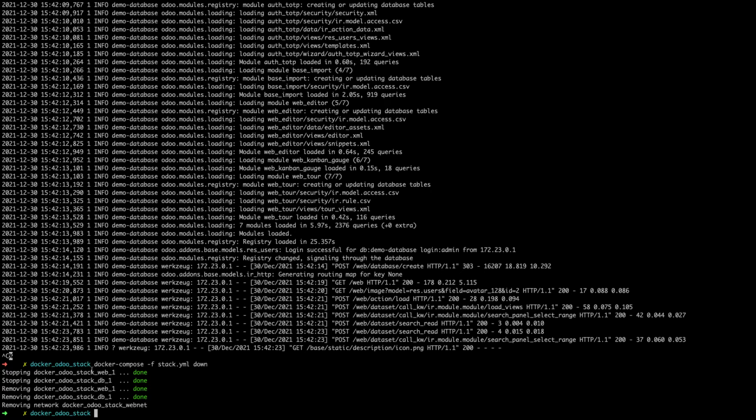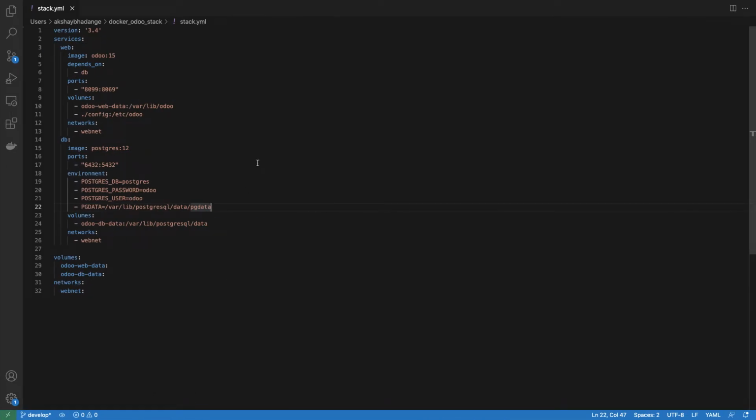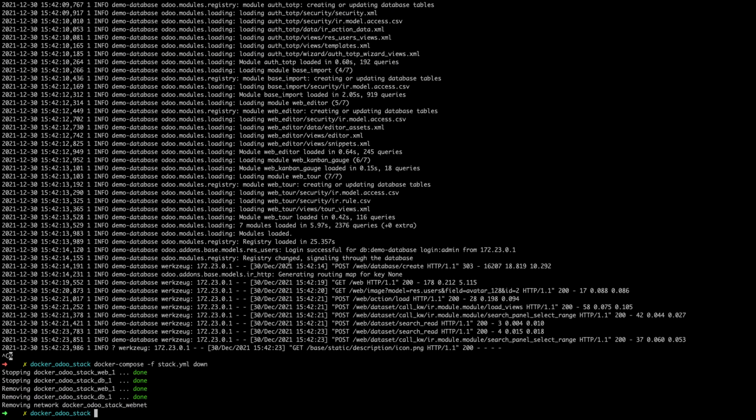First it stopped those containers and then it removed a Docker container. As I mentioned, we have specified a network, and once these applications are stopped and removed from our Docker environment, Docker will remove the network which is created using the above command.